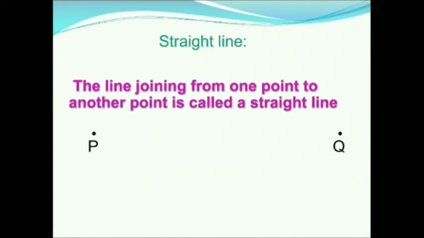To draw a straight line, we should put 2 points P and Q, which are horizontal, like this. Now we should join these 2 points. Now we got a straight line. A straight line has 2 endpoints, which means that it has a definite length. Straight line can be drawn using a straight edge. Straight edge means the object or a thing which has plane surface.